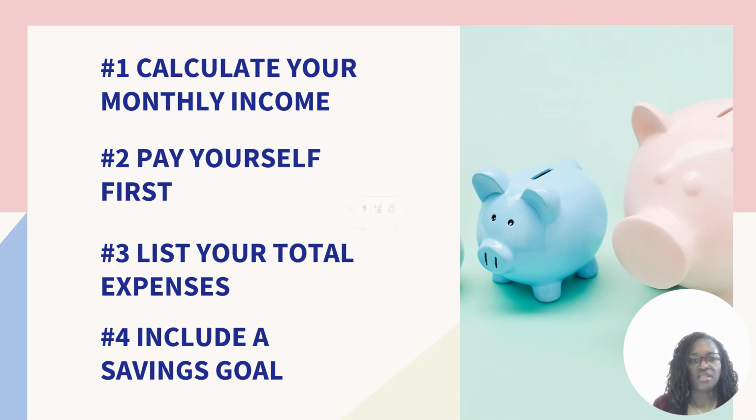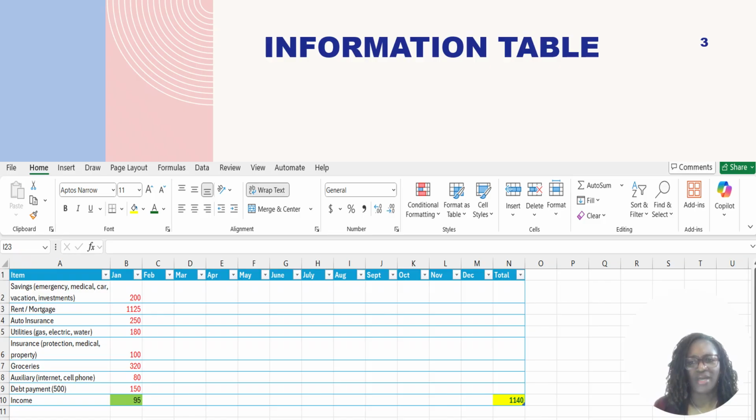All right, so let's go into a sample budget sheet that I went ahead and created using Excel. You will see in my first column, I have listed my items, and this is a yearly budget plan, which I have divided into the entire year, starting from January right up until December. You will notice that, as I said before, pay yourself first, and that is what I refer to as